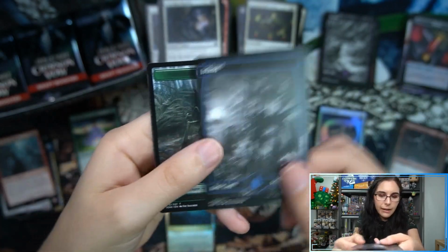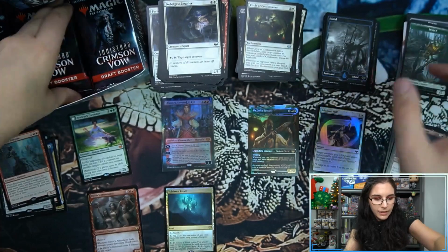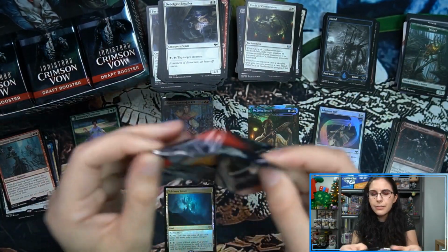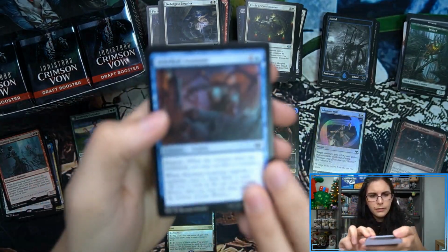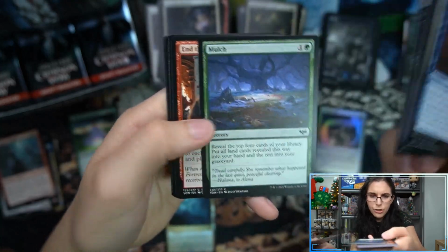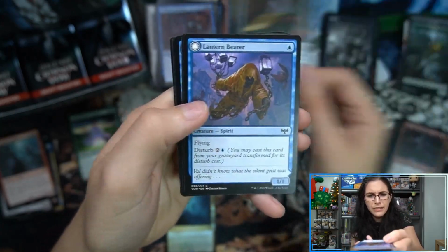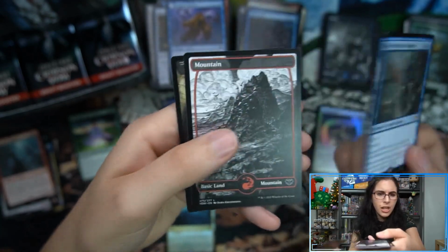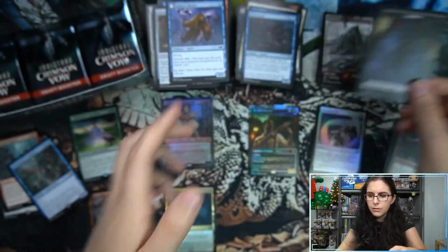Dominating Vampire, rare. We only have one mythic so far. We're about halfway through this box. We only have that one Avabruck Caretaker. Of course, Chandra as well, but one regular mythic. Started off hot. Started off flaming there with Chandra, but...